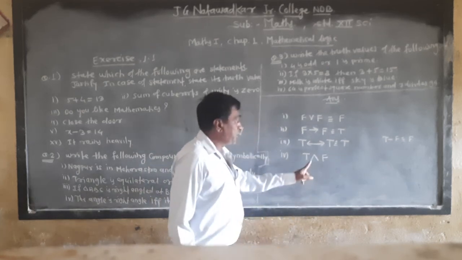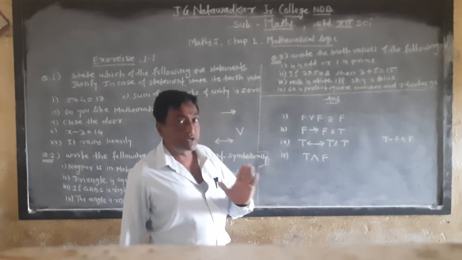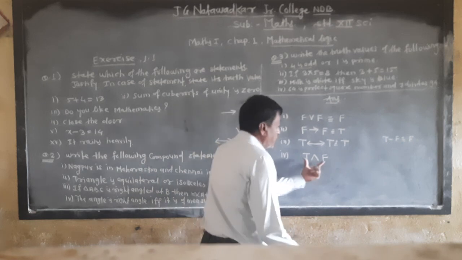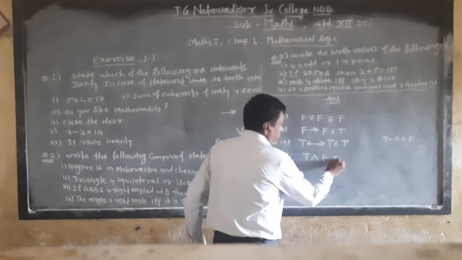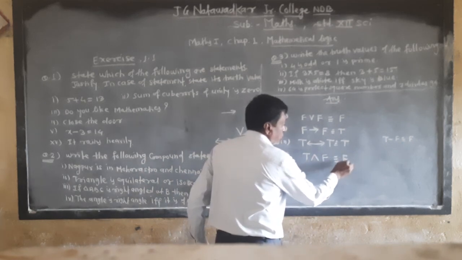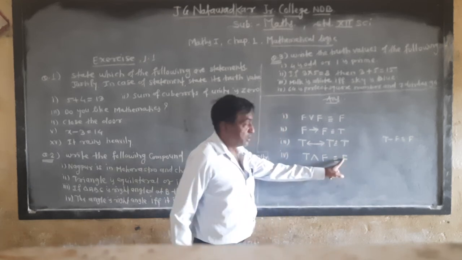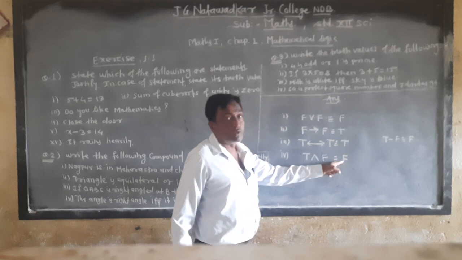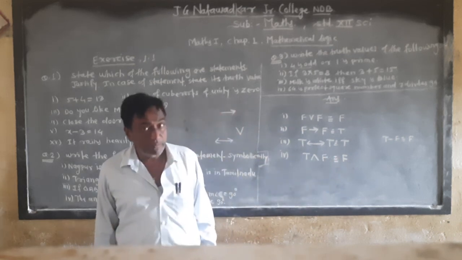In case of conjunction, if both statements are true, the answer is true, otherwise the answer is false. Here both statements are not true, so the answer is false. This is the truth value of the statement. So like this we calculate the truth value of the corresponding statements. Okay. Now after this